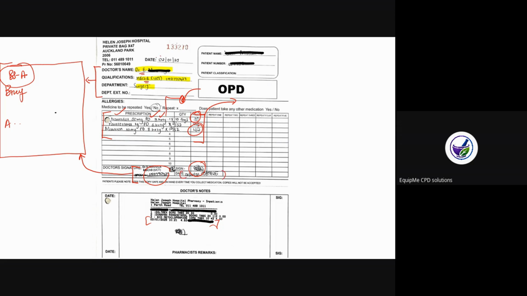You can see that this is when the prescription was written, and this is when it was dispensed. So according to section 22A, it requires that a prescription be presented within 30 days before it can be dispensed. What did I then do? I then checked whether the prescription was presented within this time limit. I saw that the doctor wrote it on the 2nd, and then I dispensed the medication on the 3rd of January 2025. So this prescription was valid according to this law.